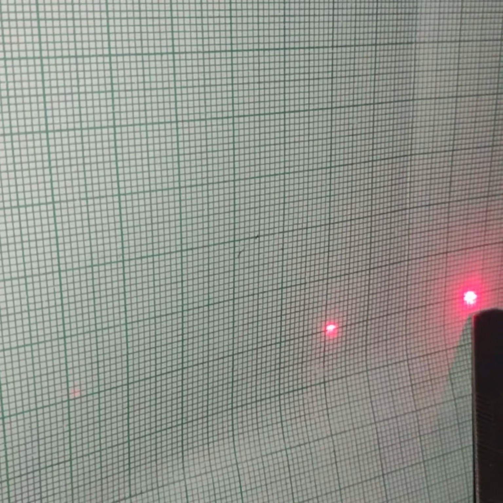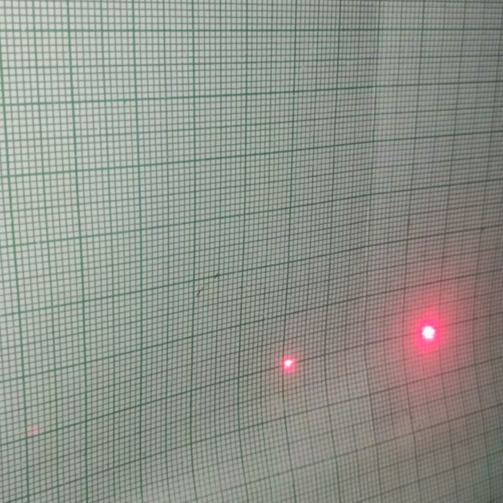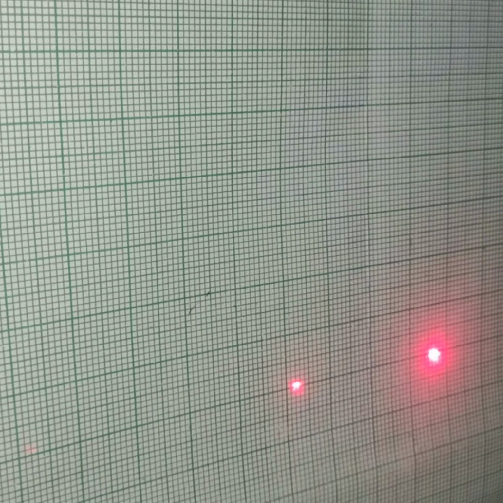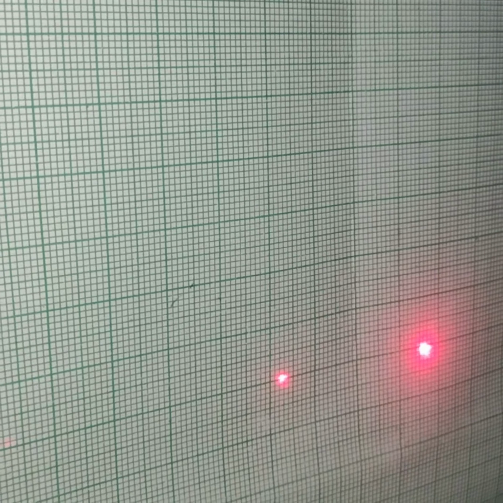So now what you have to do is make the markings of these spots, and find the distance between the central maxima and the corresponding orders. That is from the center to the first order on the right side and left side, and similarly the distance from the central maxima to the second order on the right side and on the left side.